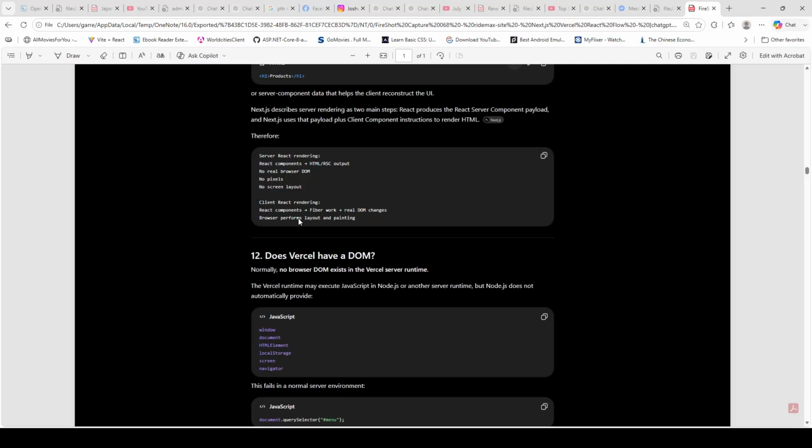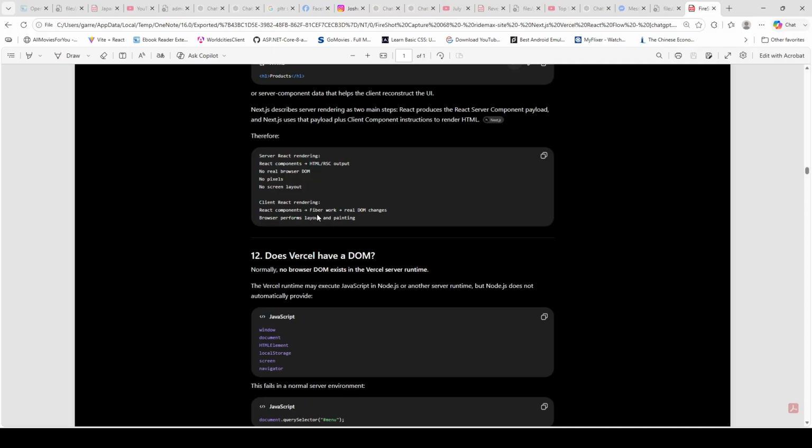For client React rendering, we have React components to Fiber work to real DOM changes. So in the client, the output is different. You have React components, and then it needs to go through the middle step, which is the Fiber work, before it actually contacts the DOM API.